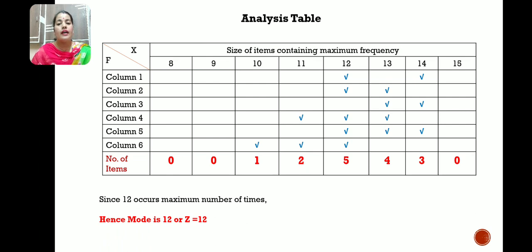But after the grouping table and after the analysis table, you will have the mode as 12, not 14, okay. So that is the advantage of the grouping method, that by analysis you can easily find the mode, okay.